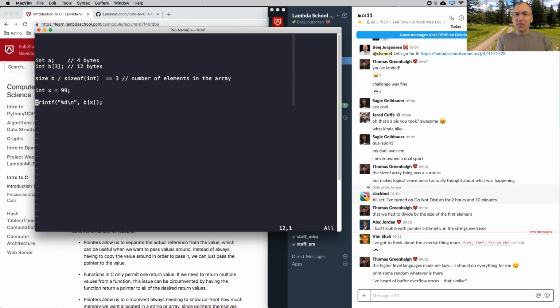We've got a buffer. A buffer is just another fancy name for a chunk of memory. And if you access stuff outside that chunk of memory, then you are overrunning or overflowing the buffer. And so we have a chunk of memory here, 12 bytes allocated for B, the array, and we are accessing memory way outside it. So yes,